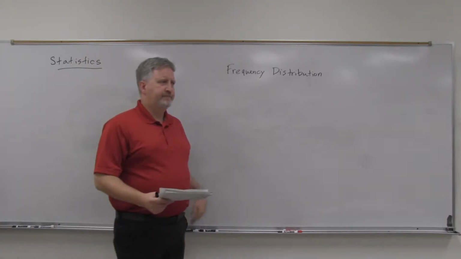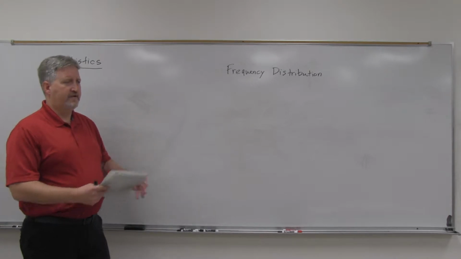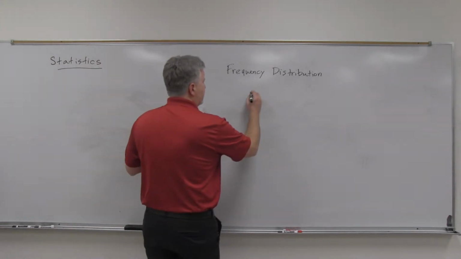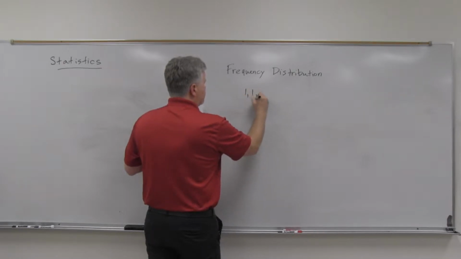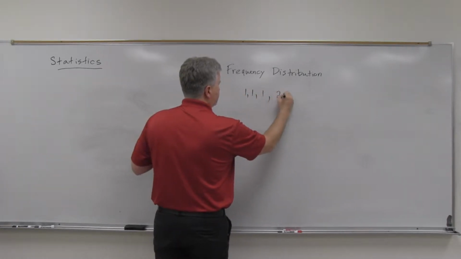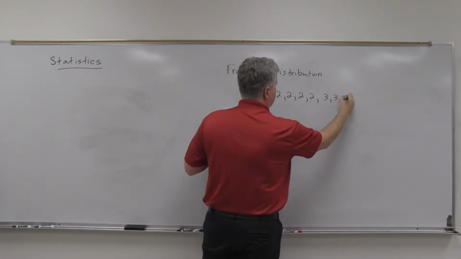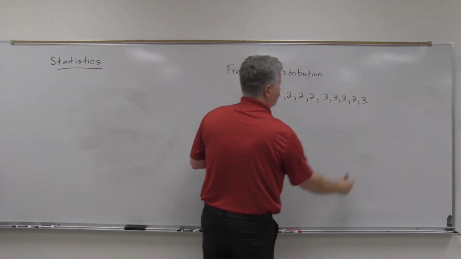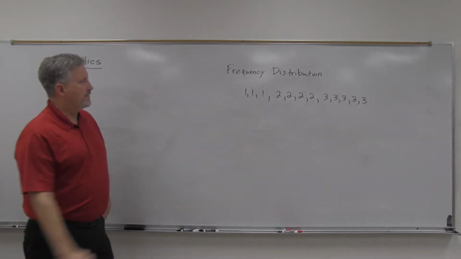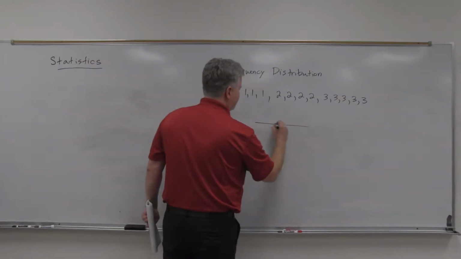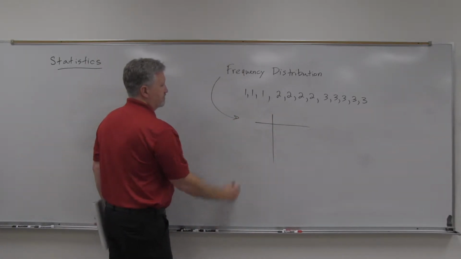Sometimes it's helpful to write data in a table format, and just to give us an example here, let's go with 1, 1, 1, 2, 2, 2, 2, 3. All right, those are easy enough to write out. However, if I organize them in a table here, it's called a frequency distribution, because what you do